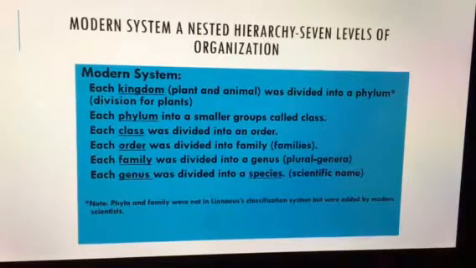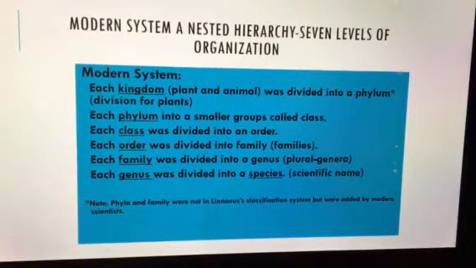But he did use some of Aristotle's. So here's our main system: kingdom, phylum, class, order, family, and genus. In his Linnaean classification, a kingdom would be divided into plants and animals. We just went over the six that we have now. A phylum is a smaller group of your main divisions. Then we have our classes, which are divided phyla, then orders, and then families.